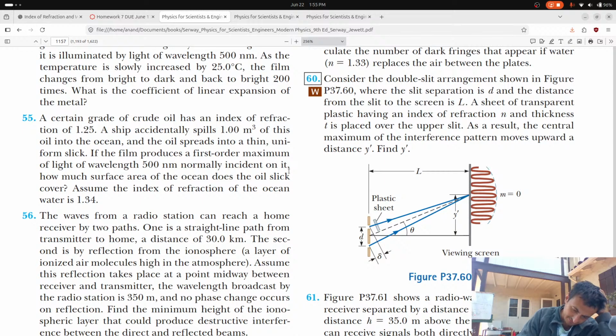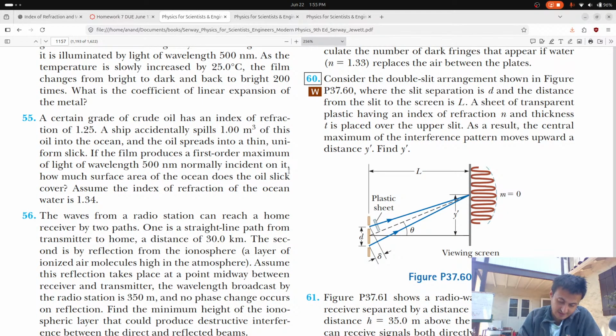Now, delta normally is equal to d sine theta, where sine theta is approximately tan theta, which is equal to y over L. So then delta is equal to d y over L. And delta is a maximum, delta constructive, when delta is equal to m lambda,